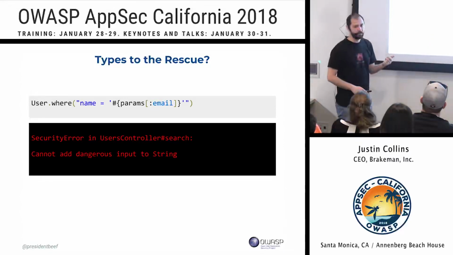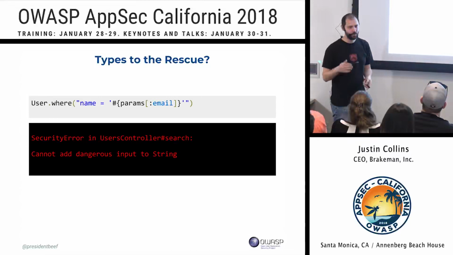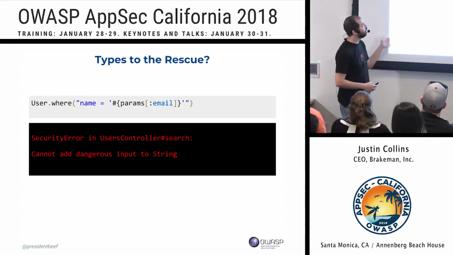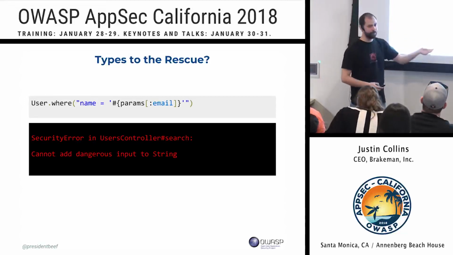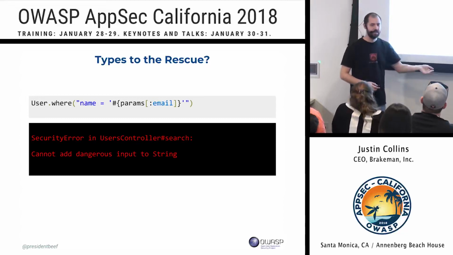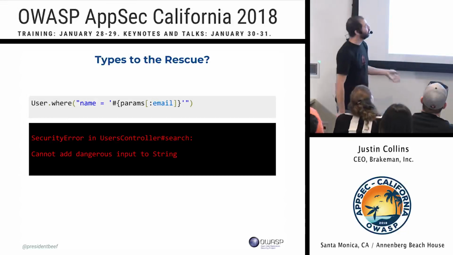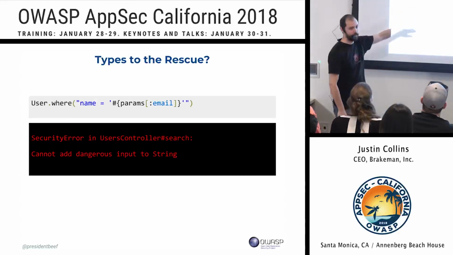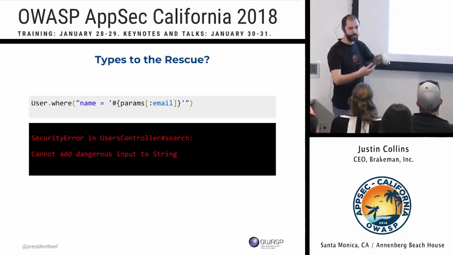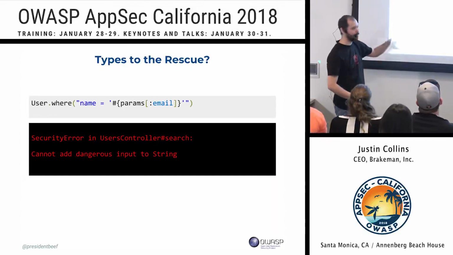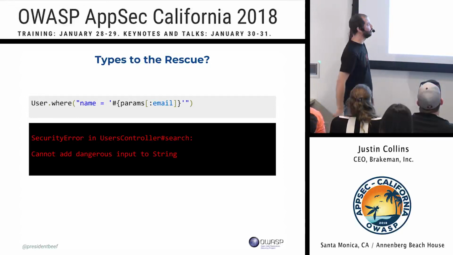And I think this has a lot of promise because, again, the framework already knows the types of these values, right? It knows that this came from a query parameter. So if we just say, well, you can't add query parameters to a string, and don't offer a toString method, then we eliminate this. And instead, we have to offer a safe interface for composing query parameters or form values or whatever, and database queries. It's just a thought, but I think it has a lot of promise.